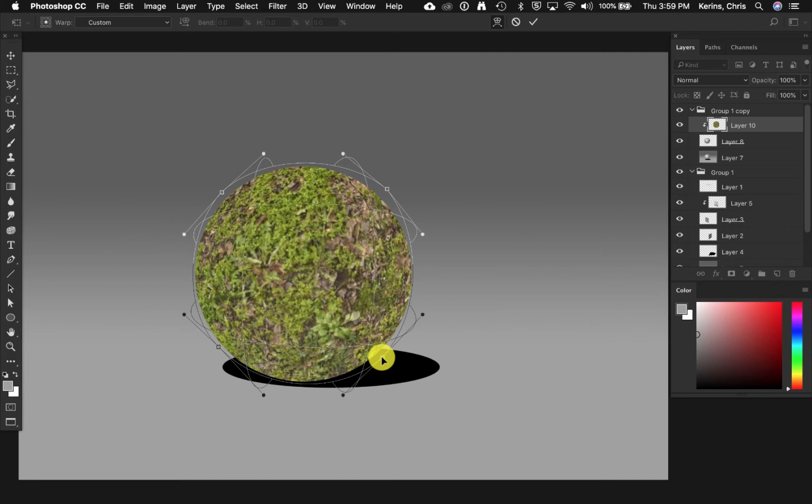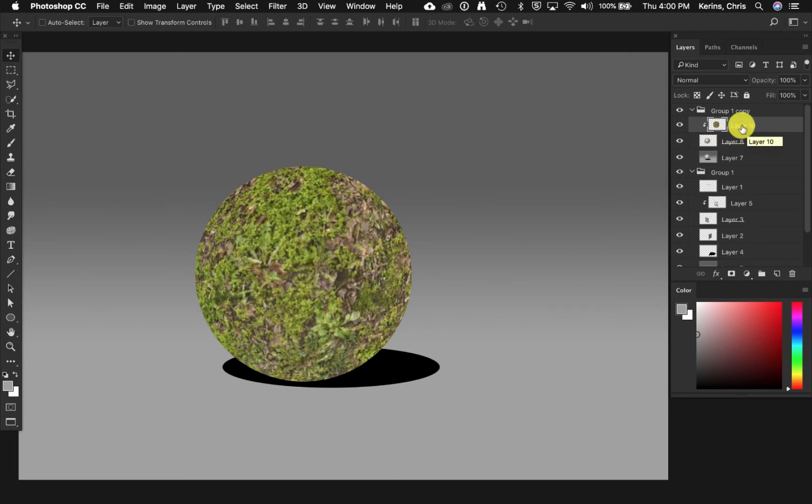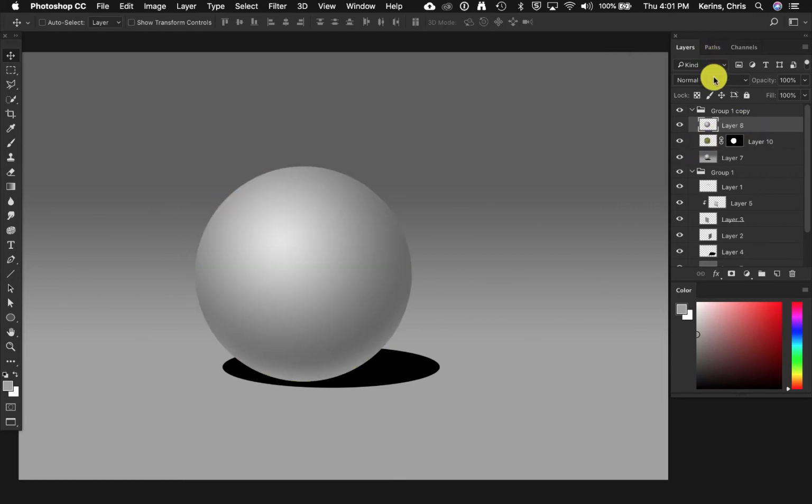So once I get what I like, I go ahead and hit enter, and it warps it. And you notice in the center, I've got larger texture facing right at me, and as I move towards any of the edges, I can see that texture foreshortening. Of course, it'd be great to have some lighting on here, so let's see. Let's first try